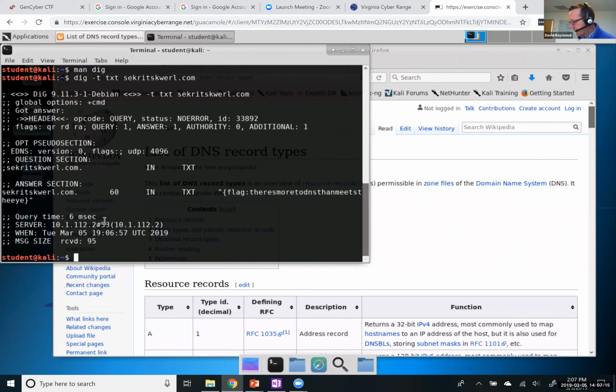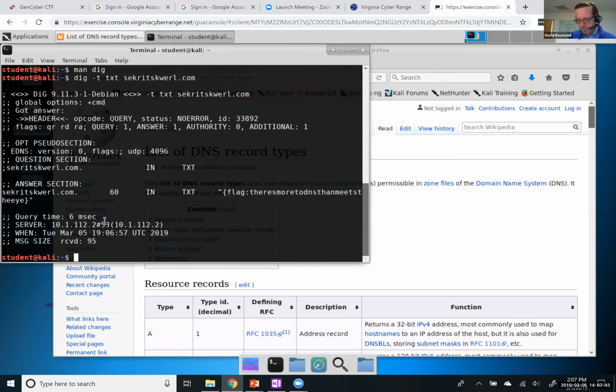The point of this CTF challenge, and again the point of most CTF challenges, is to force the students down this path to learning something. What they learn, if they solve it, is that there are different kinds of DNS record types, and that the TXT record is a particular type of DNS record that lets you store arbitrary text. And here we hid the flag in it.